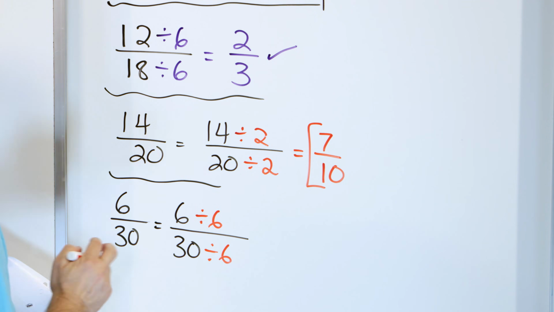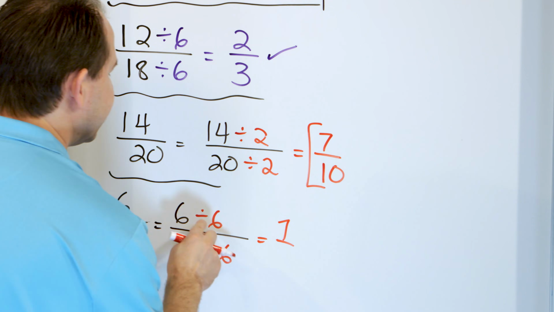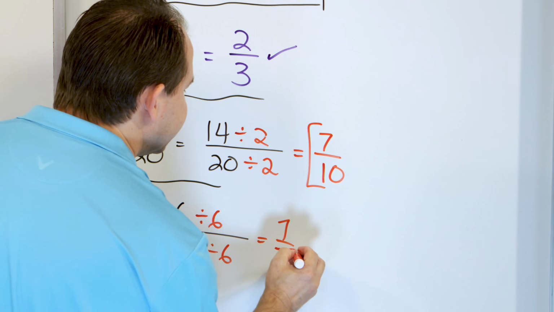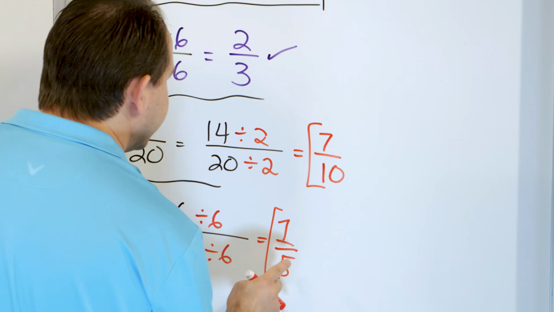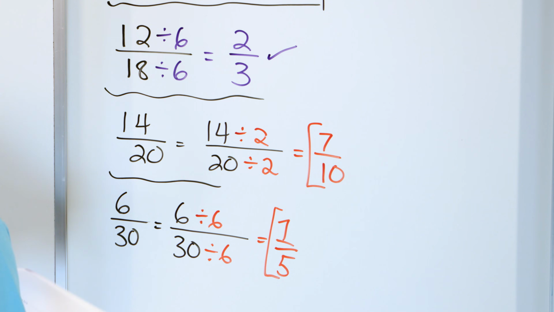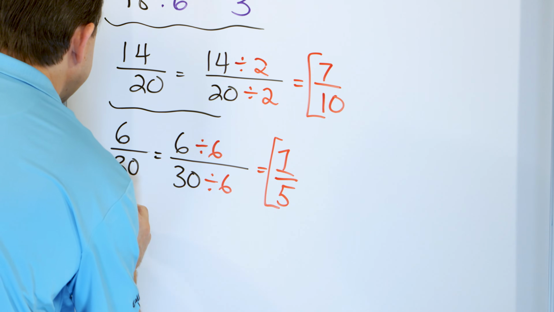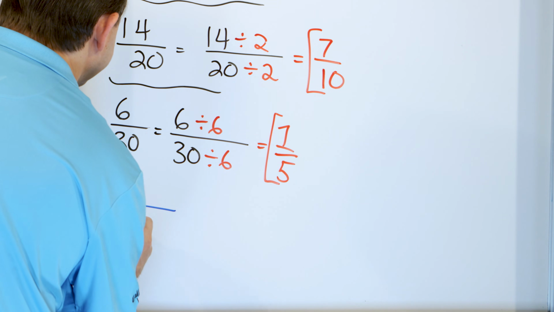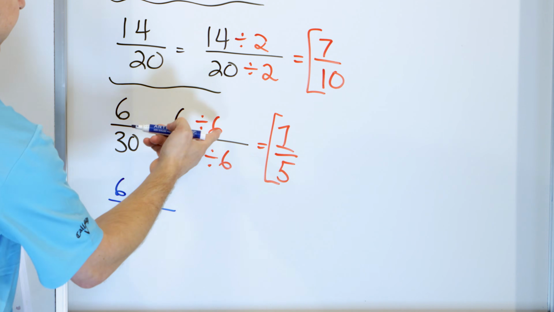That's the biggest number we can think of, because 6 divided by 6 is 1, and 30 divided by 6 is 5. So the answer is 1/5. 1 times 6 is 6. 5 times 6 is 30, so the answer is 1/5. I cannot simplify that anymore. Now, just for giggles, let's go down here and simplify it a different way. 6/30. Let's say we didn't think of this and we just